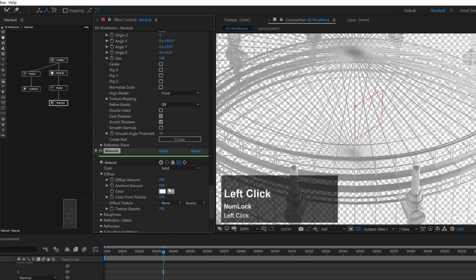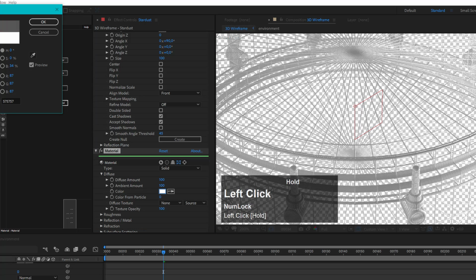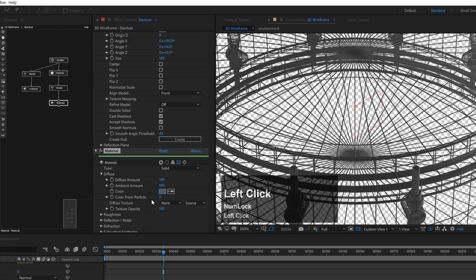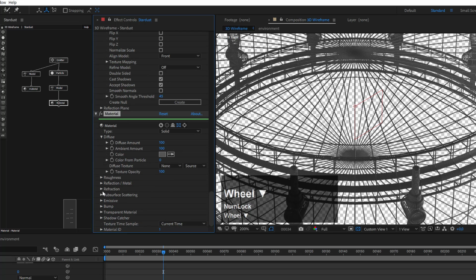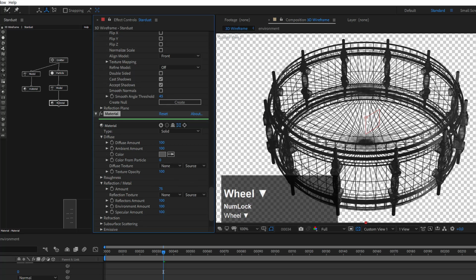Let's go to the diffuse and change the color from particle to 0. Let's maybe make these a little bit darker, like gray. And now we can go to the reflection, the metal, and turn this on maybe to 75 so that they are a bit reflective. Looks not too bad. Okay, so you can spend a bit more time creating nice materials, but for now we'll